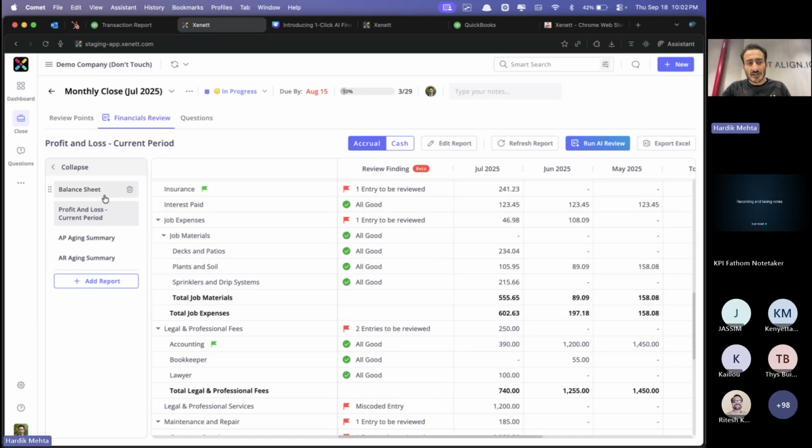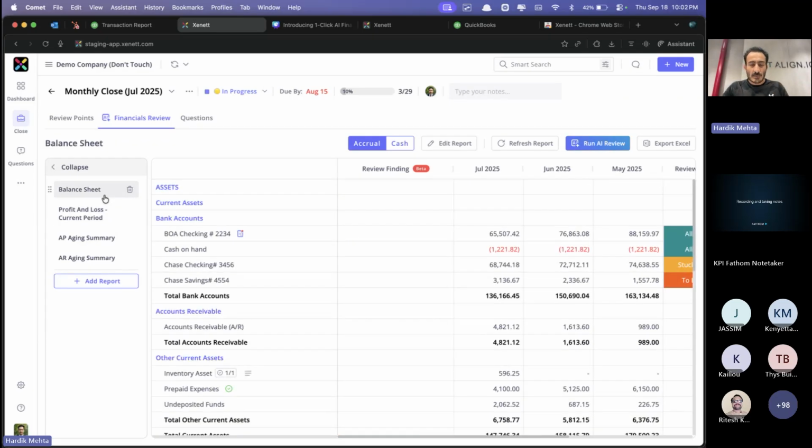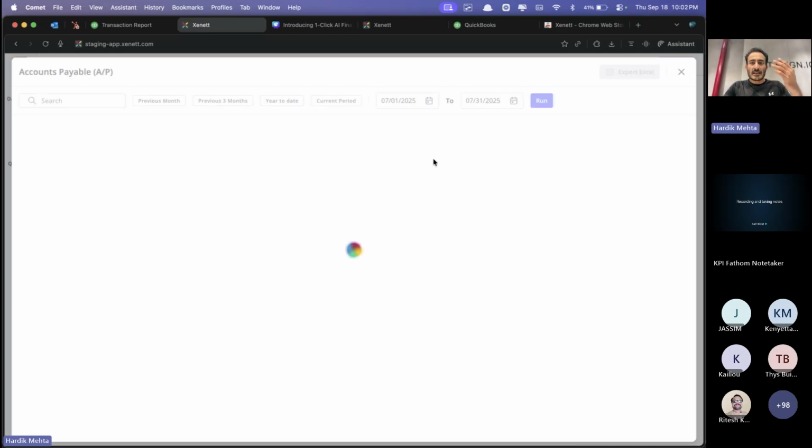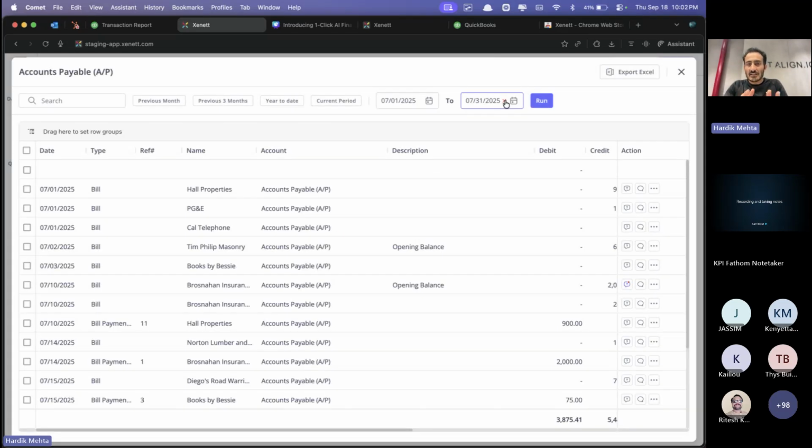In fact, we got this use case from some of our customers where there's a payroll liability account, right? What happens is you have an ending balance as of the month end date, but that liability gets paid maybe the very next week of the next month, right? Like the fourth or fifth of the next month. Now, in this case, you always have to open it, change the date range, put it for August, and then see if that balance is zeroed out or not, right? So with that flux analysis, which will be available at the transaction level,